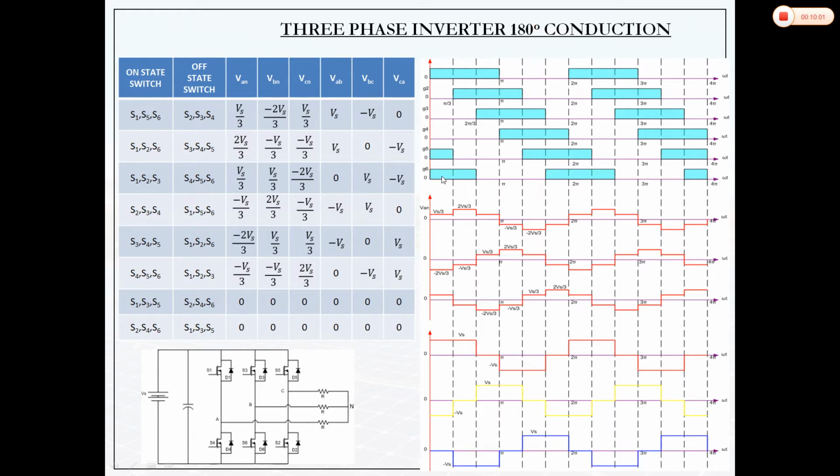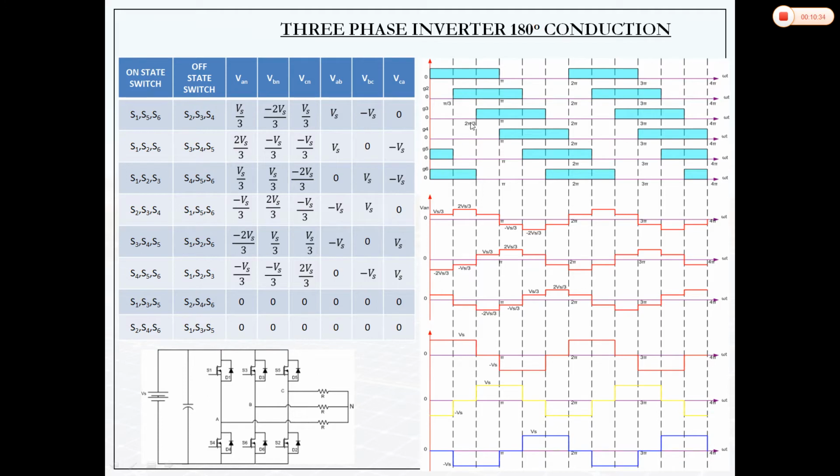Now for getting the G6 pulse, you have to shift the G5 pulse by 60 degrees. So I have shifted this G5 by 60 degrees here. For pi radian, 1, 2, 3, one is actually 60 degrees, so three divisions will be 180 degrees. So up to here, 1, 2, 3, it is off, then it will be on here. So this is the sequence of getting pulses for these switches.